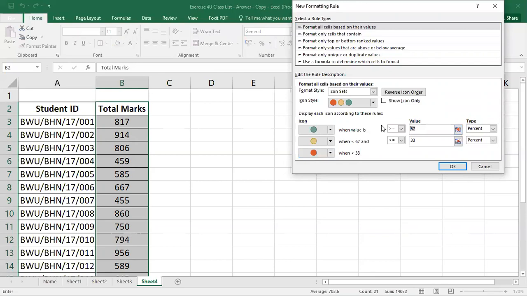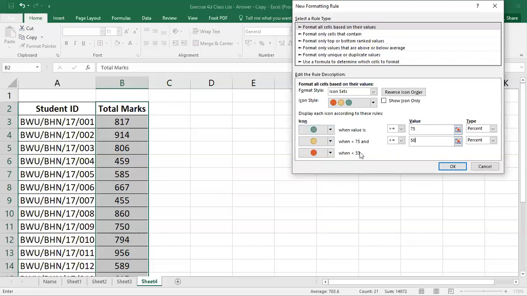So in that case, if we write here 75%, and here 500, or 50%. In this particular case, these marks are obtained out of 1000. So if anyone got greater than or equal to 75, it will show green. If anyone got greater than or equal to 50 but less than 75, it will show yellow.